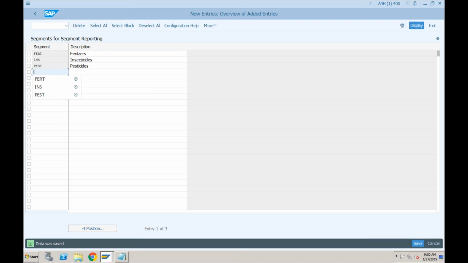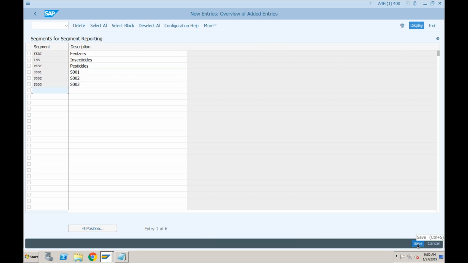Again, you can create this common segment for S001, S002 and S003. So this would be common, or maybe we can just name the same thing, S001, S002 and S003.